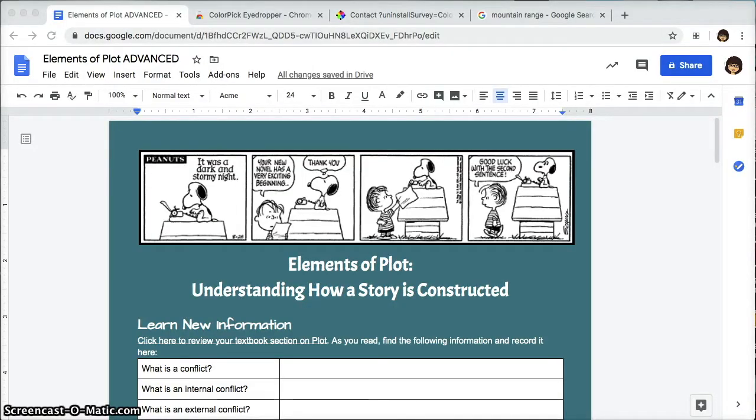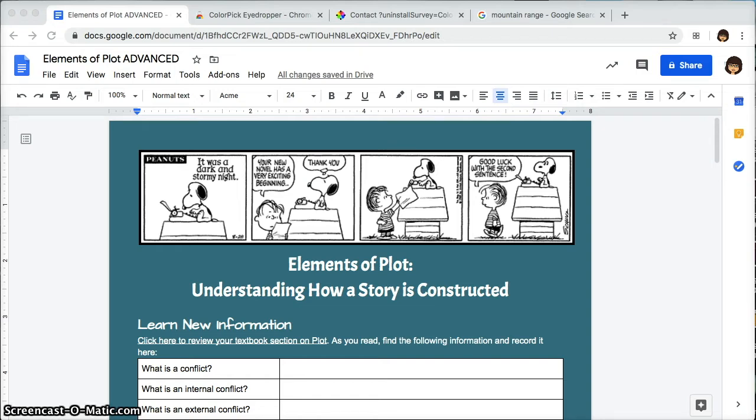Today I'm going to be talking about some advanced features in Google Docs, including a Chrome extension that is really helpful. And we're also going to be talking about how to do a more advanced version of a Hyperdoc. So last time I talked about some basic features of Google Docs and I created the Hyperdoc that you're seeing on the screen. I'm going to be making some changes to this today in order to show you some of these more advanced features. So the first thing that we're going to talk about doing is using a Google Chrome